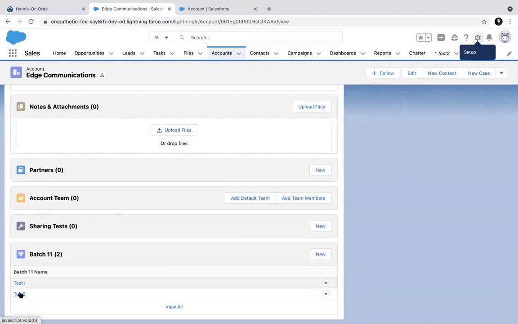On this account, I have batch 11 data, right? I have test 1 and test 2. Let's see this batch 11, one second.